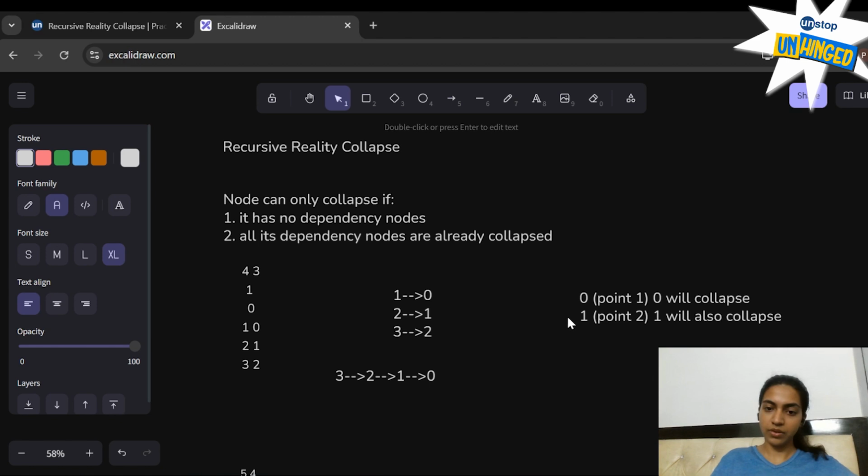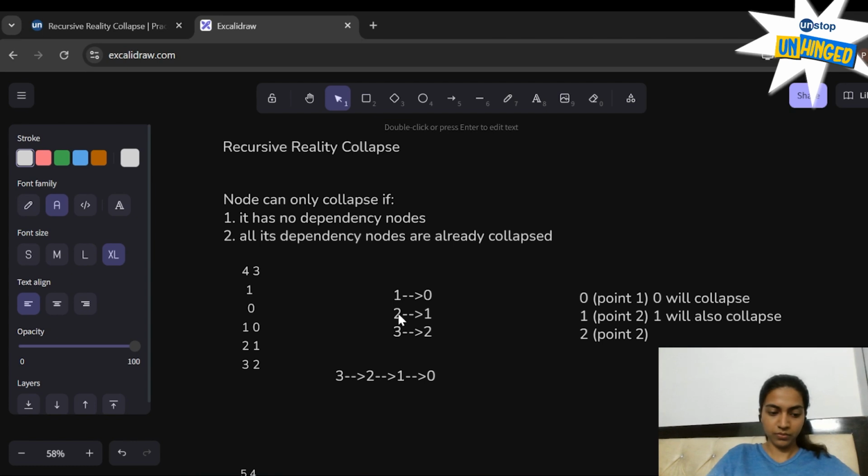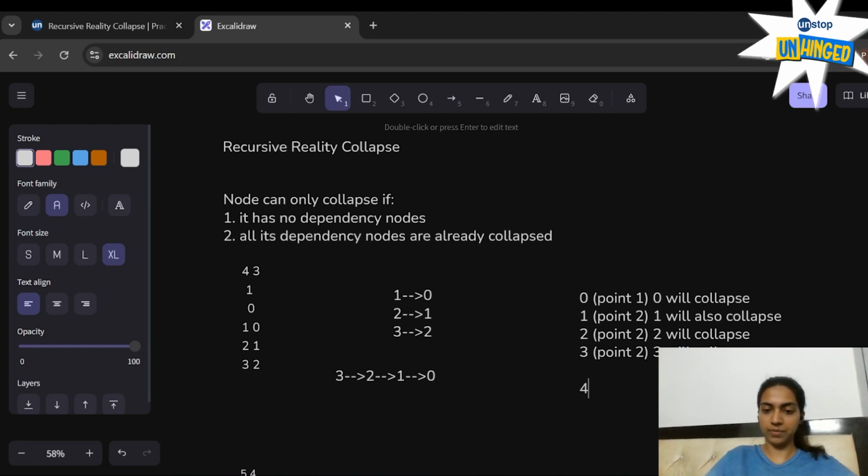Similarly, this collapsing of 1 will trigger a reaction on 2, and 2 will also collapse. Similarly, 3 will also collapse. So in this way, all four of these are going to collapse